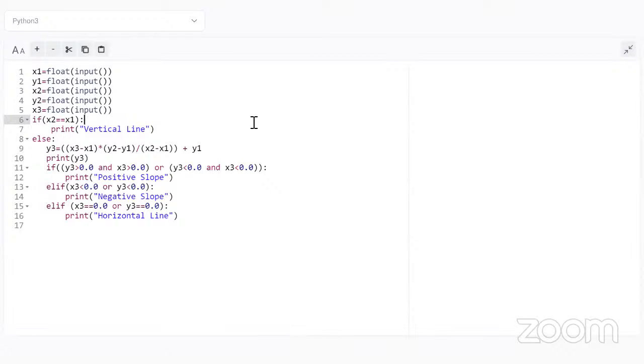That positive slope, right? What is slope? So, sir, I took the line as y equals mx plus c with y3 and x3 as y and x. So for the slope to be positive, y3 should be positive and x3 should also be positive, or y3 should be negative and x3 should also be negative. Then the slope will be positive, right?